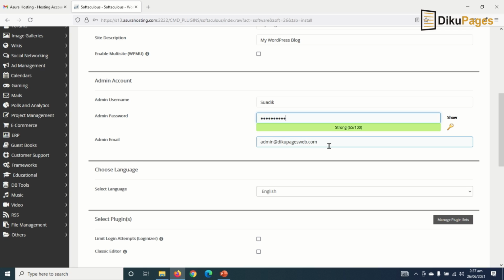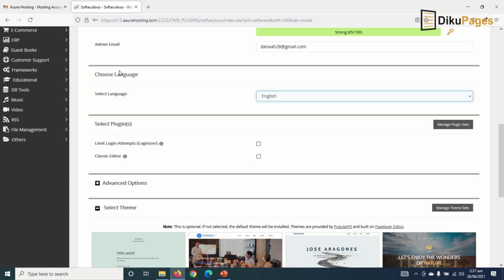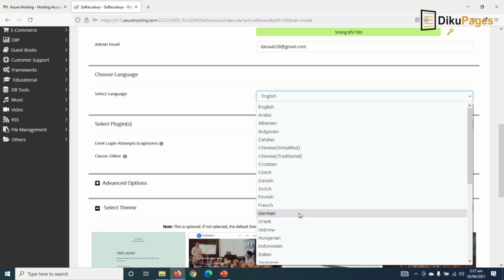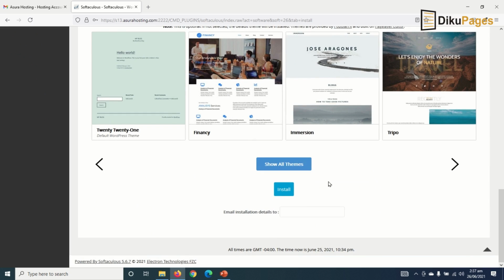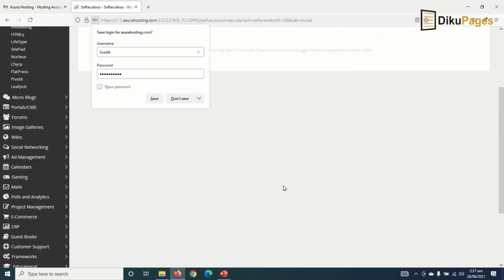And then the admin email, I'll change it to my Gmail account. I used to purchase the domain from Asura. It doesn't really matter. You can use whatever email you want. Now language, you can select the language you want to install WordPress with. I leave it as English for now because I speak English. Then I scroll down, click on install,